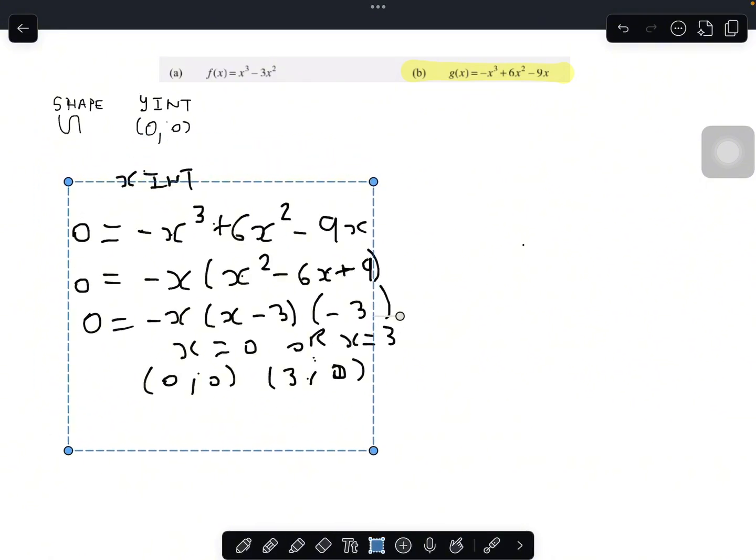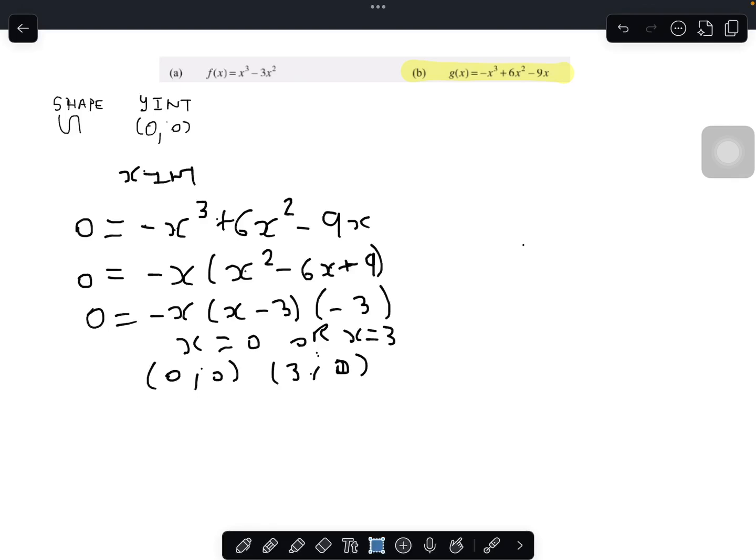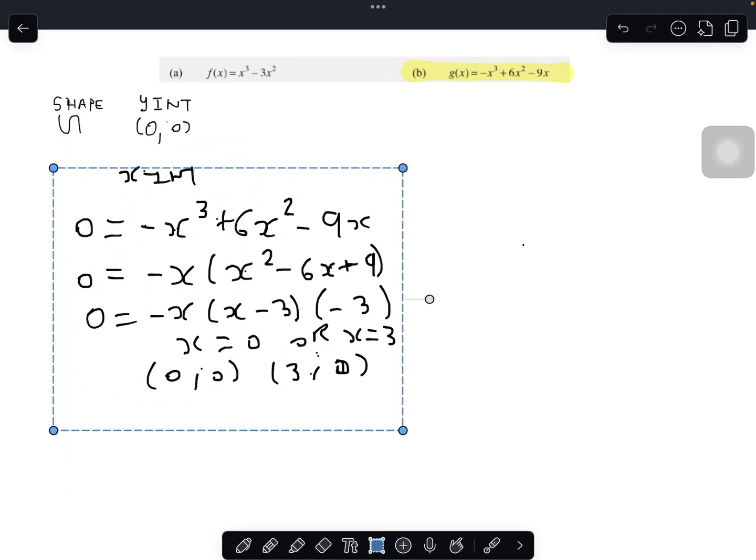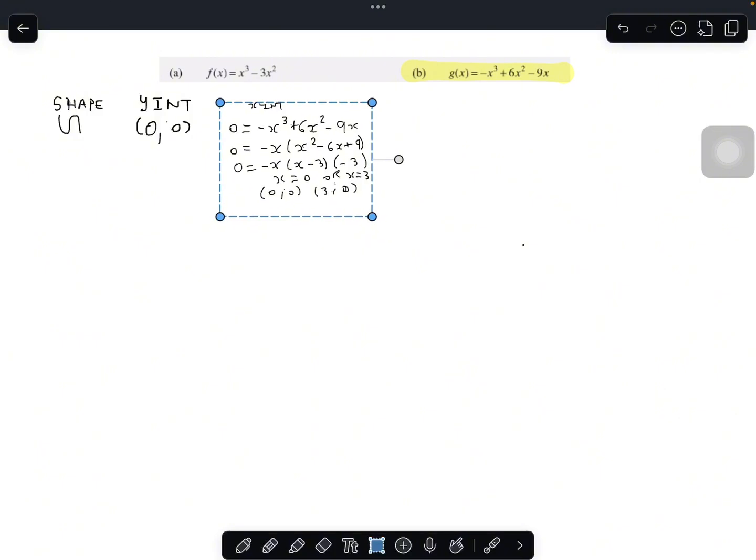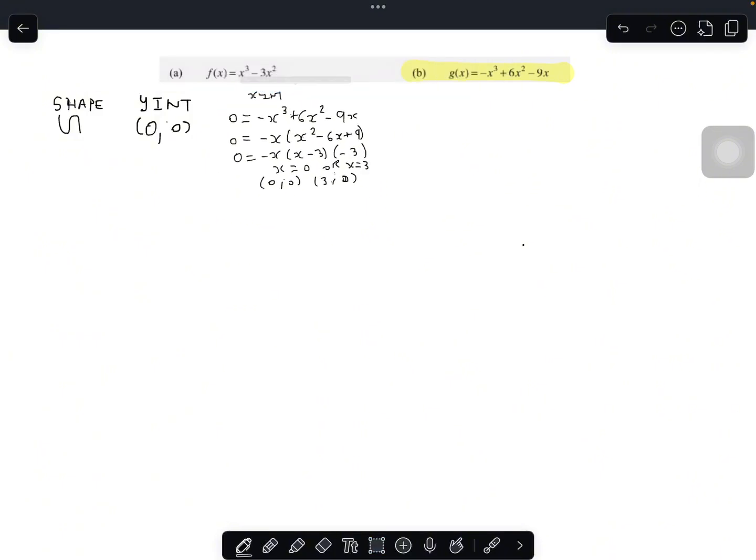We're then going to move on to our stationary points. Now, this is where your calculus work comes in, because we're going to find the first derivative, and I always recommend putting headings for this. So for my stationary points, I'm going to find my first derivative, g prime of x. I'm going to have negative 3x squared